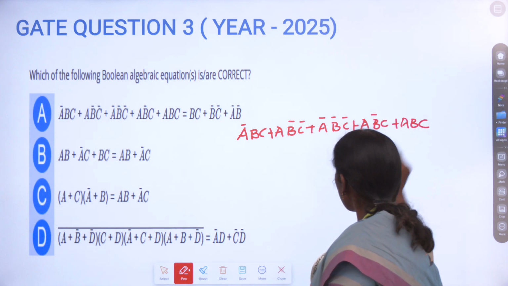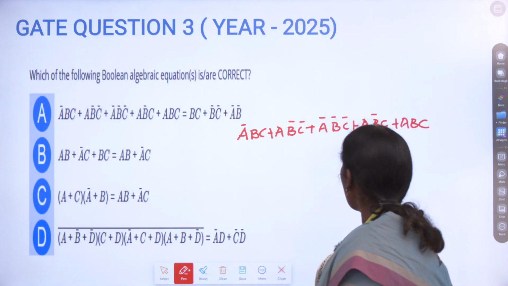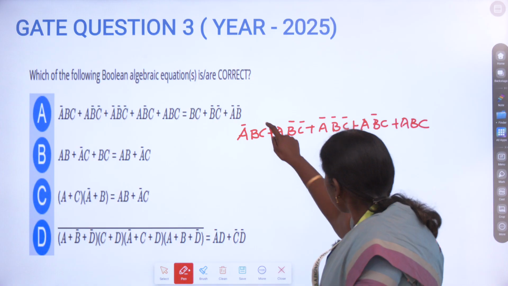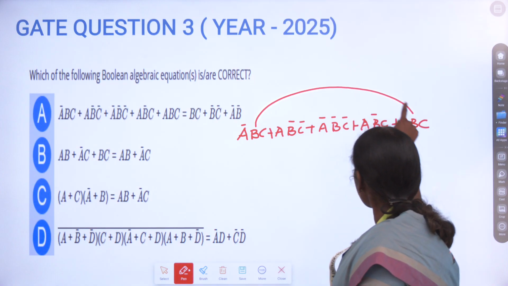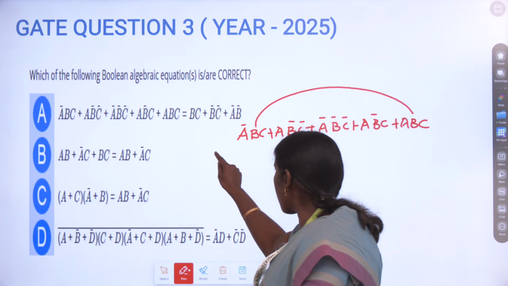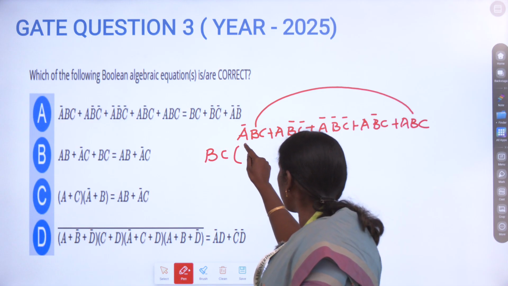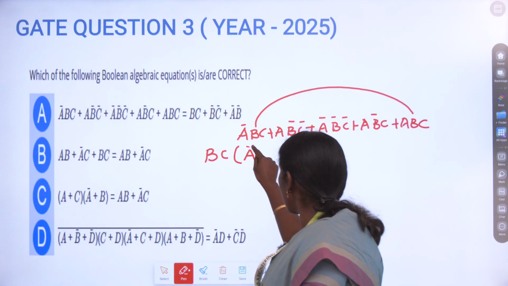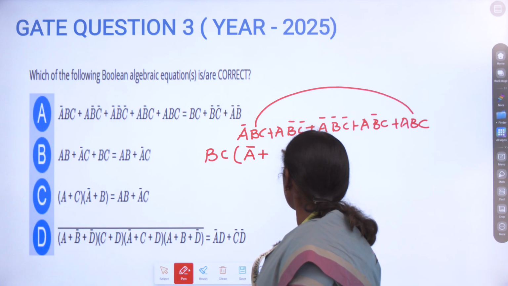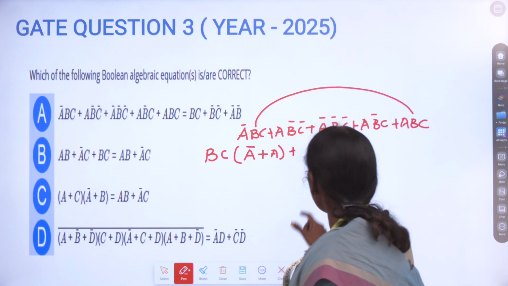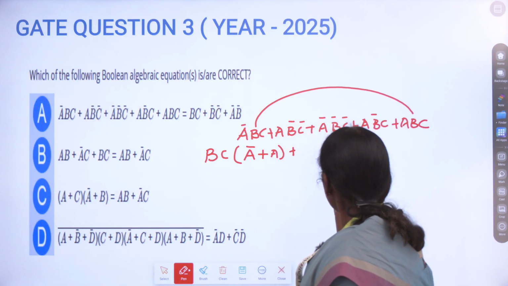This is your first LHS equation, and we can see which is common here. From the first and last term it is very clear that BC is common. So let me take BC outside, and I am going to take which is not common. One is A bar, on the other term it is A plus,